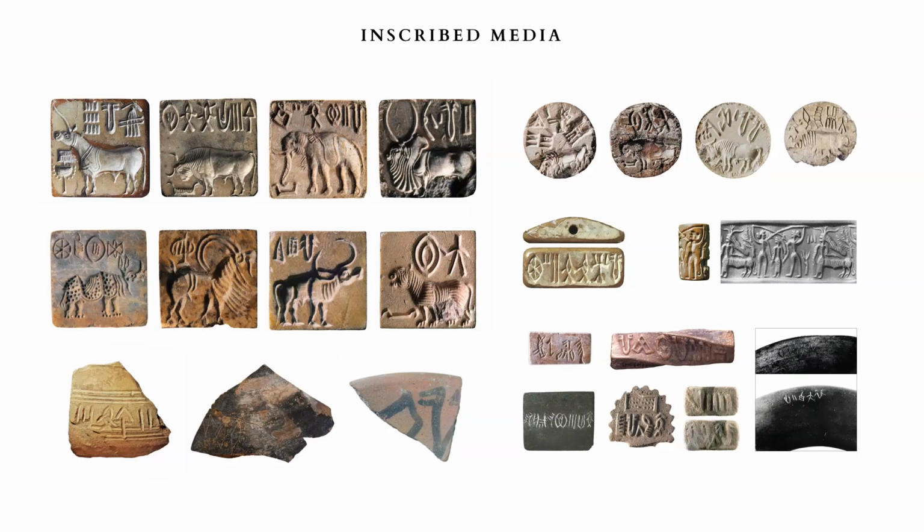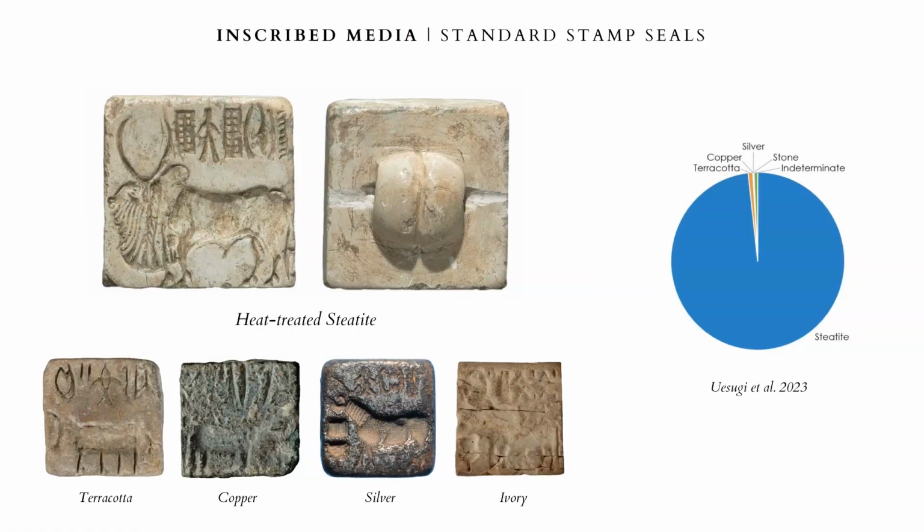the inscribed media. The most common inscribed objects in the Indus civilization are by far highly standardized stamp seals, which account for more than half of the inscribed media. Stamp seals made of high-fired steatite are one of the most distinctive productions of the Indus civilization. Indus seals are squarish in shape and have a hemispherical, perforated handle on the back, used to string and hold